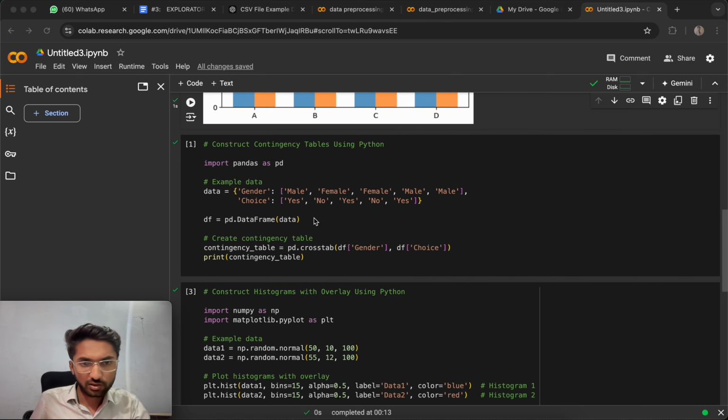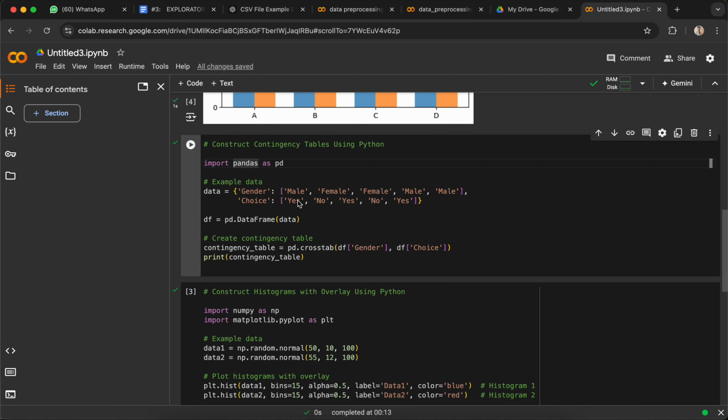Okay, so move forward to the contingency table. What is a contingency table? Basically, a contingency table is a tool used to show the relationship between two variables. Firstly, I'll run the code.